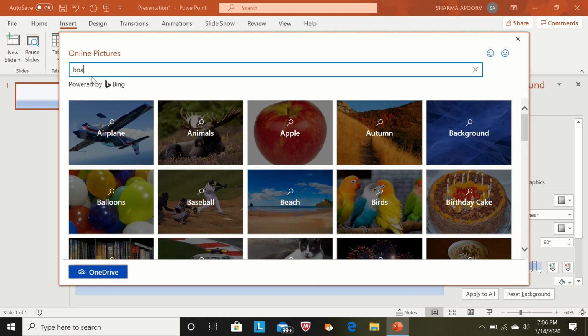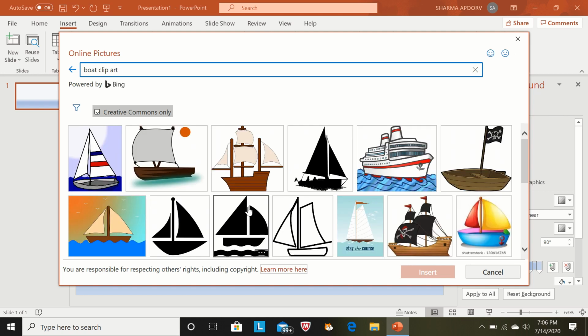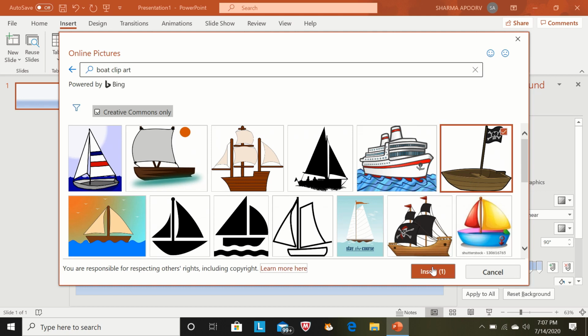Boat clip art. From here you will select the picture without the background. So we have to insert first. Now I am selecting this one and insert.